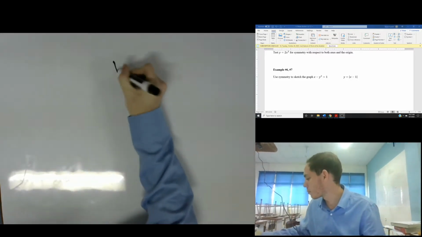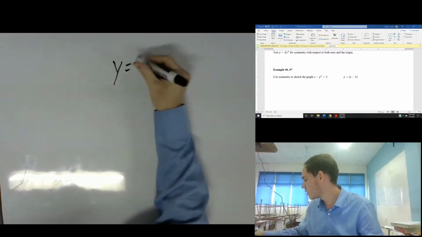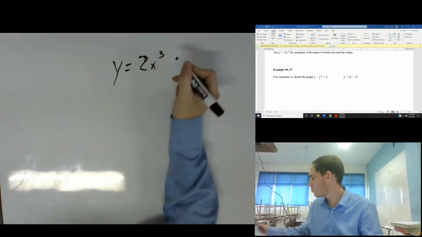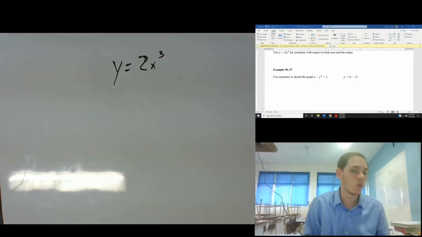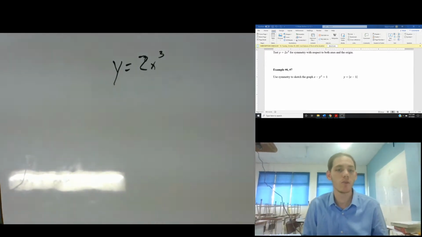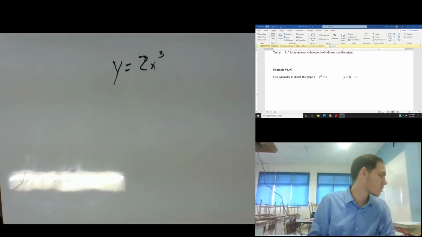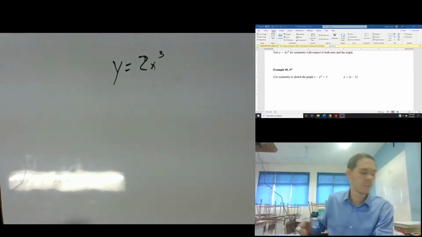So we are going to test for symmetry. This will be a quite quick exercise. Sorry, y equals 2x cubed. Okay, so the way to test it for symmetry here is what we're going to do is actually see if